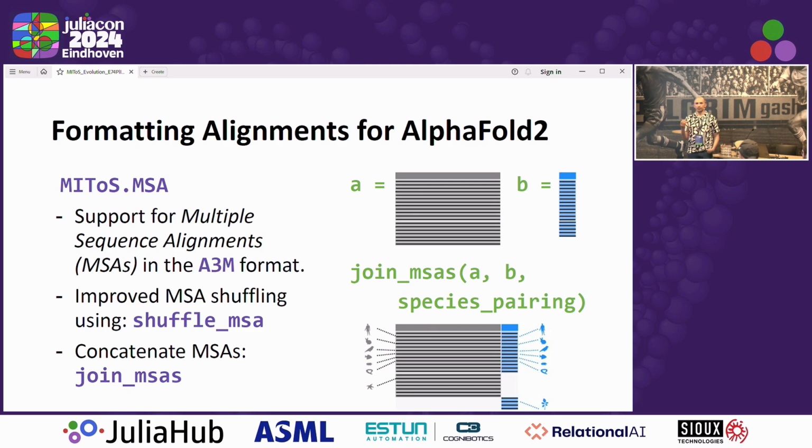So also for integrating MIToS in pipelines that use AlphaFold 2, we have added some new functionality to the MSA module. So one of the functionality is that now it parses, reads and writes in A3M formats. That is the format that is used by AlphaFold 2 and ColabFold. So now you can use it, for example, to analyze the multiple sequence alignment that AlphaFold has used for predicting